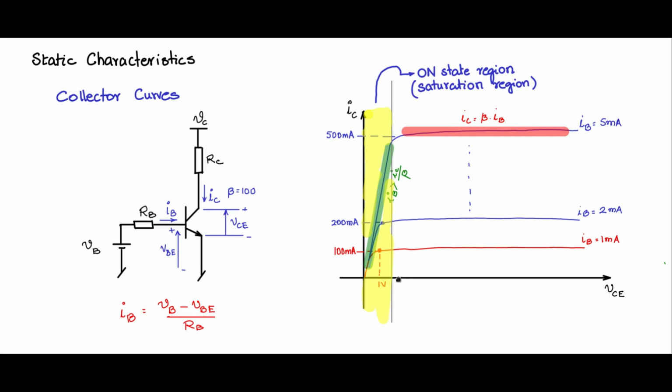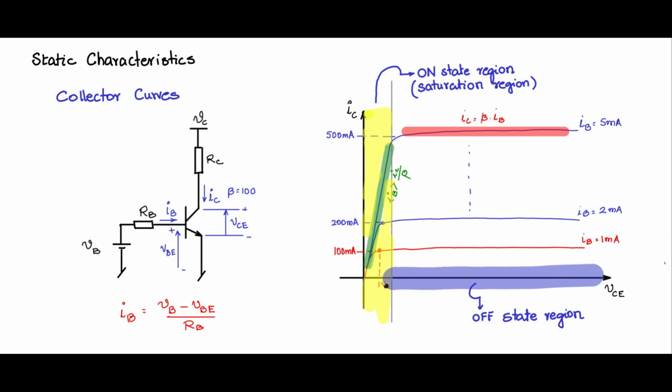Like this. Here IC is 0 or near 0, and it is able to withstand voltage during the off state. This region at very low IB or IB equal to 0 will be the off state. So during the off state, IB will be equal to 0, and that is called the off state region. When you make IB equal to 0, the characteristic will be the x-axis itself, and that will be the off state. It will only be withstanding the voltage, no IC current will flow.